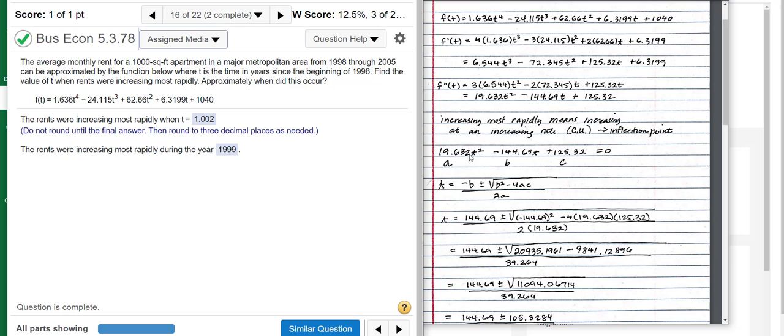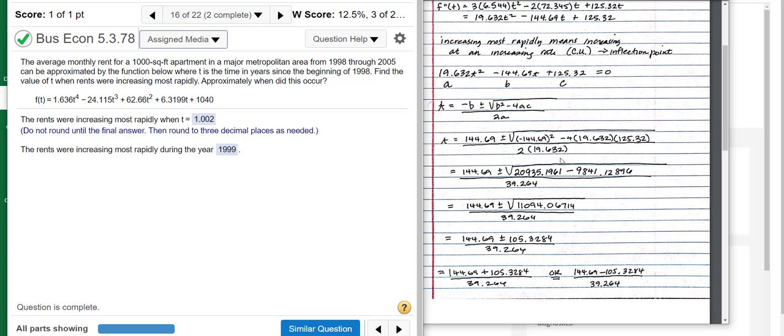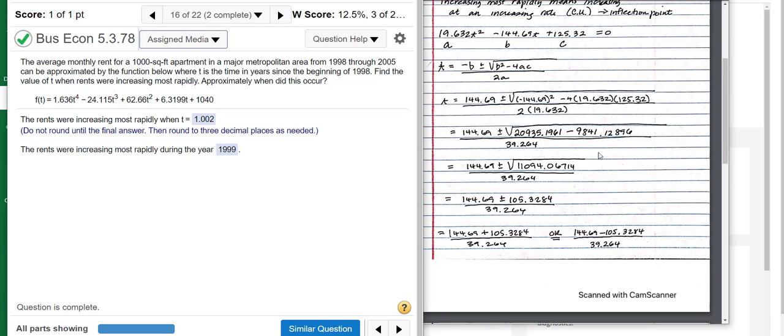An inflection point. So I identified my a, b, and c for my quadratic formula, which is the opposite of b plus or minus the square root of b squared minus 4ac all over 2a. So for the opposite of b, I put the opposite of this negative 144.69, that's why it's positive. Plus or minus, I've got b squared, and then I've got minus 4 times the a value times the c value, and all of that is over 2 times a. And so working down, first I squared the 144.69. I did my multiplication here. That gave me the 9841.12896. All of that on the inside of the radical became